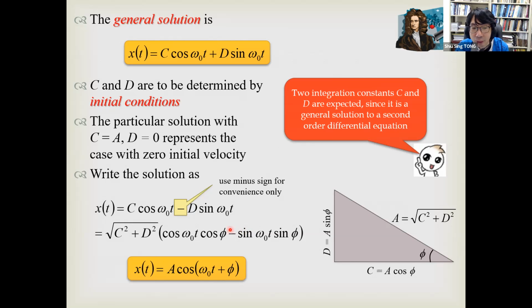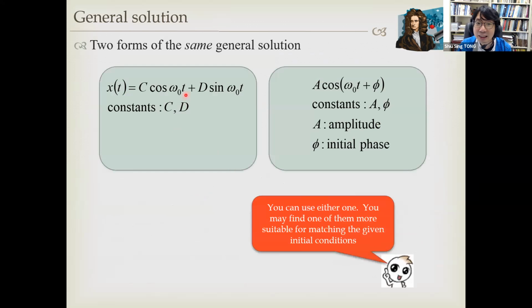Okay. Now, instead of writing the solution in terms of C and D, we now write the solution in terms of A and phi. We still have two undetermined constants. So the two forms of the solution are equivalent to each other. You either express it in terms of the constants C and D, or you express it in terms of the constants A and phi. Now, why do we want to express it